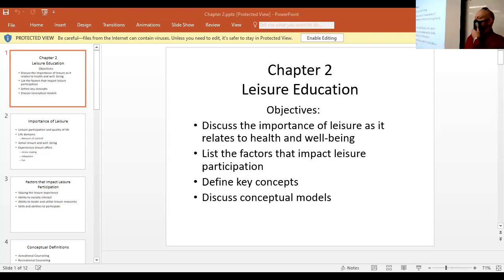So, for lack of a better way to put it, that was a lot of information. A lot of it was very similar in nature. It's just a bunch of different models that people came up with that can be followed when you're building a recreation therapy program and rapport with your clients. This one is about getting to know your patients, getting to know what they need, and setting them up for success while they're with you as well as when they leave your care.